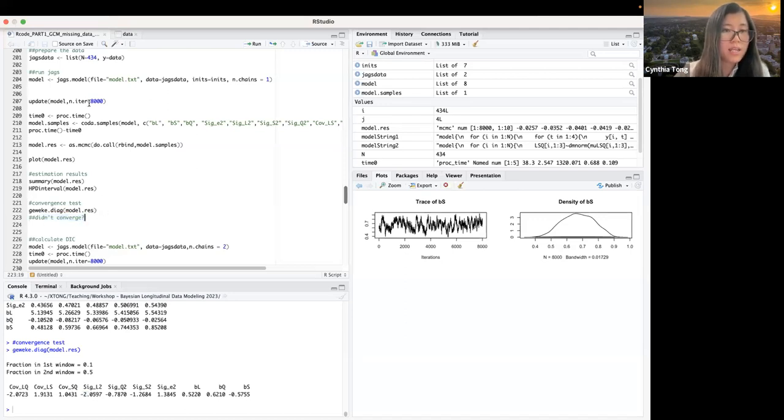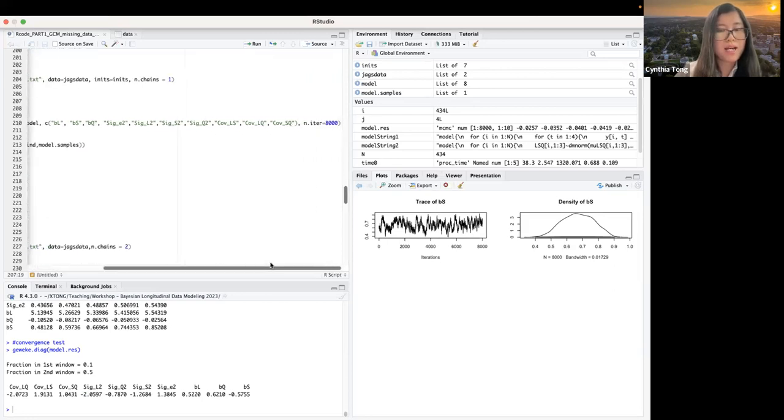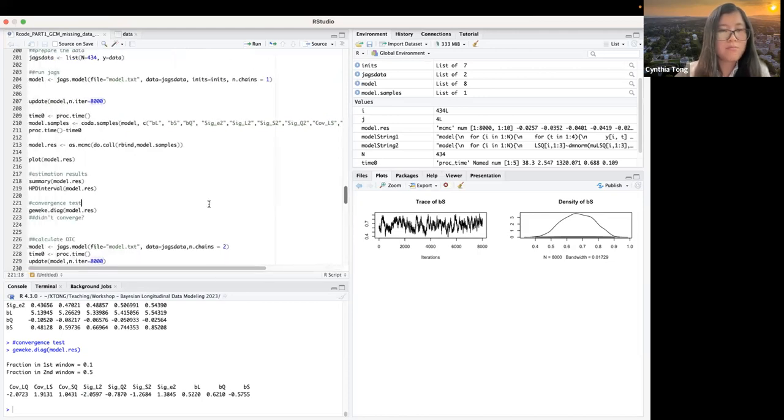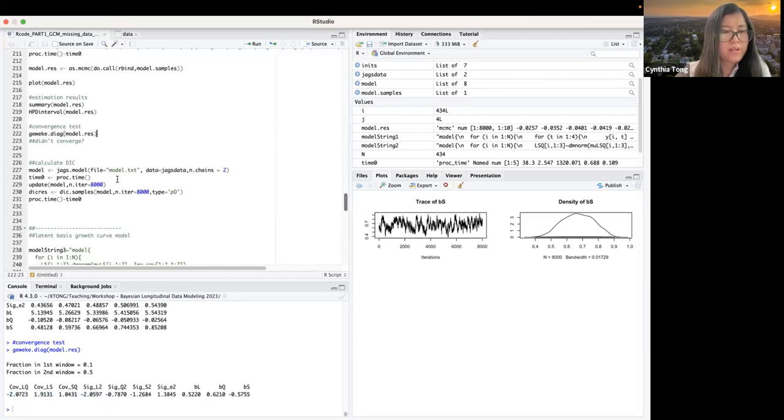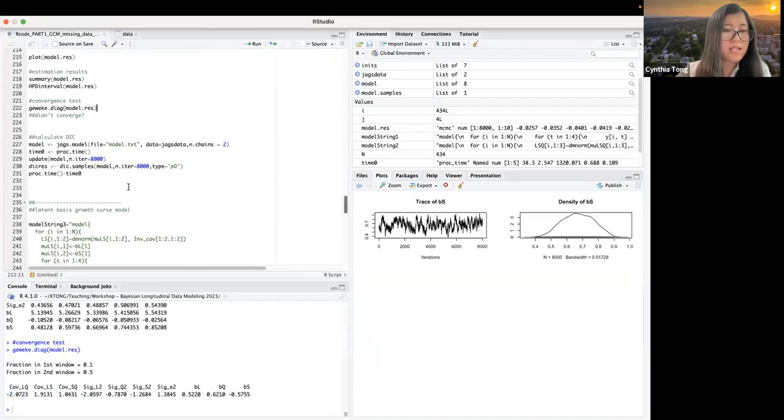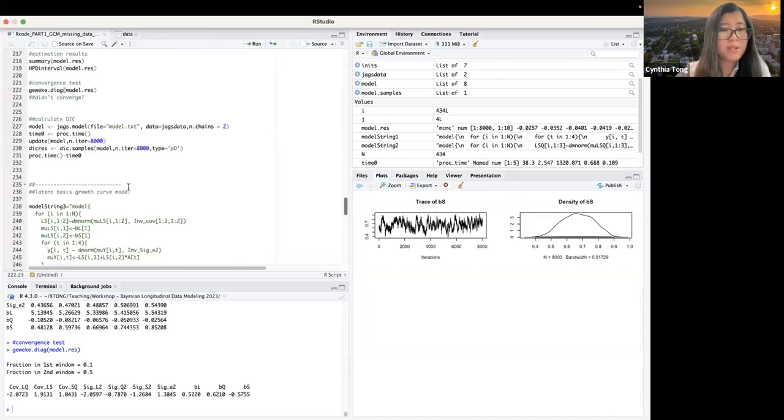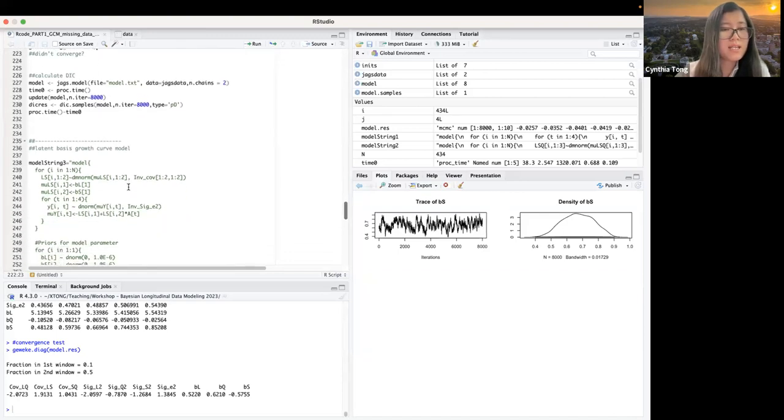We can increase the number of iterations. So we set the burn-in period a bit longer, and also set the number of iterations to a larger number. That will definitely help with the convergence, especially in this case, where it's so close to 1.96. Okay. And we can also calculate the DIC values, which also takes longer. So I'm going to skip that, but you can run that at your end.